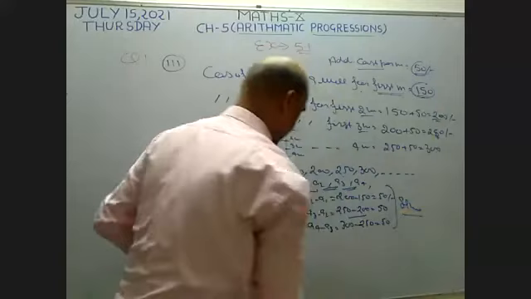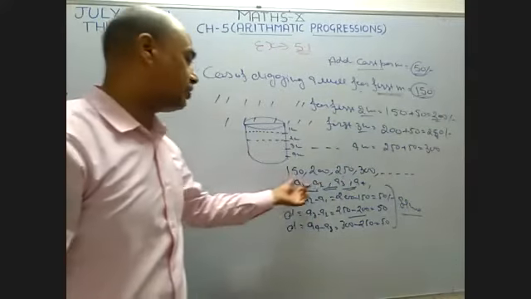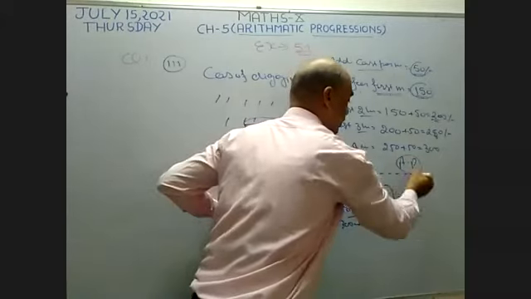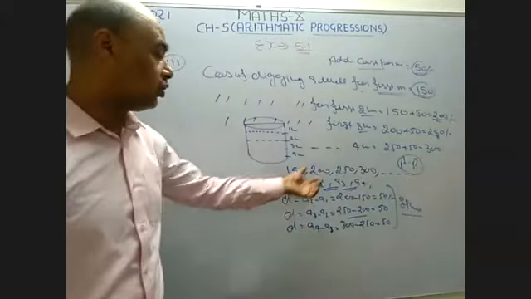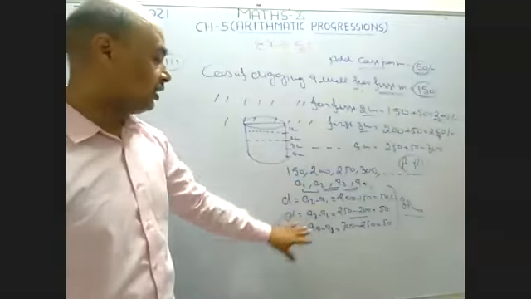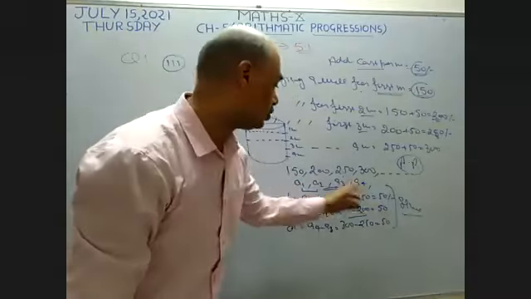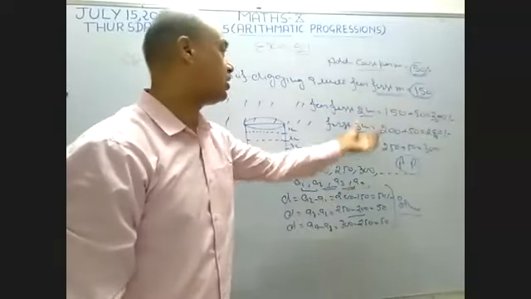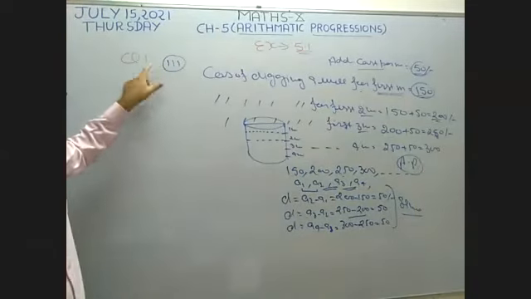So you have to write here, since the difference of the given sequence is the same, therefore it is going to represent an AP. Okay. If any sequence does not have its common difference the same, then it is not an AP. But in this case, the common difference is the same. So this sequence is going to represent an arithmetic progression. This is the answer of the third part of the first question.